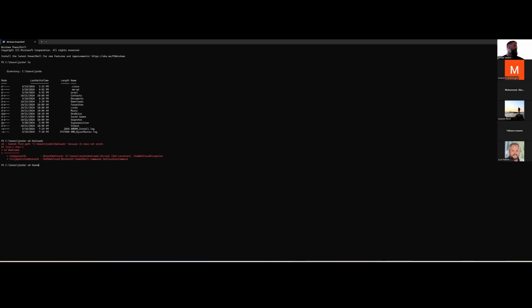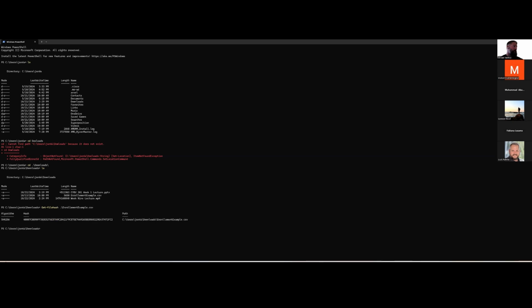Okay, so this is Microsoft PowerShell. If you're on a Mac, you don't have this available to you. You have your terminal. I'm basically just in my downloads folder on my desktop, but through the command line interface. And the command for doing a hash in Windows PowerShell is Get-FileHash, and then you have to pick the file that you want to hash.